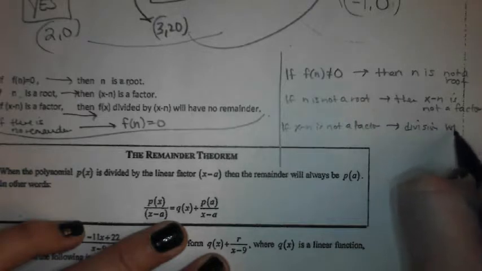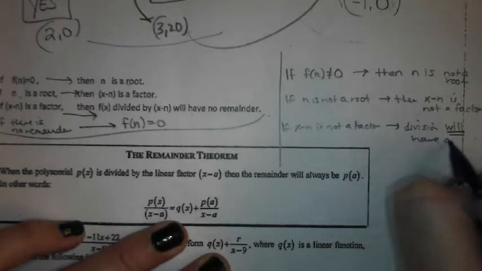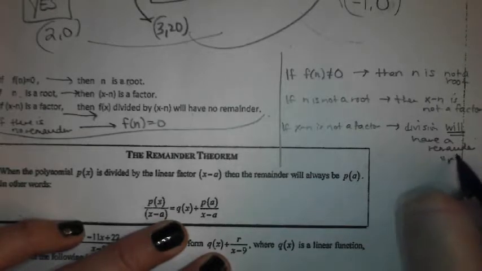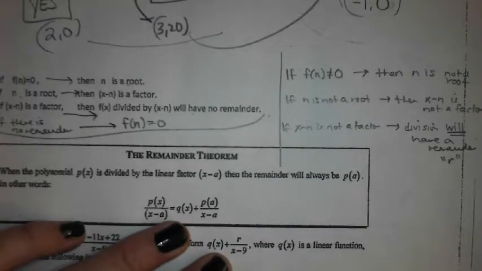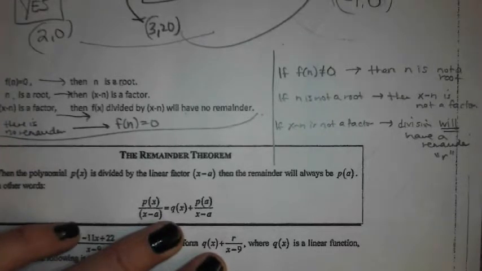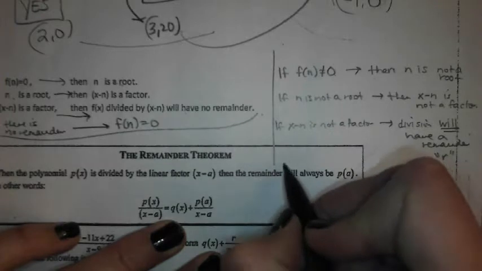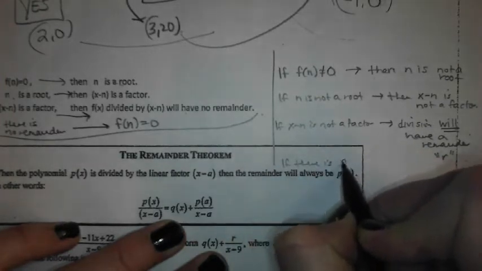Division will have a remainder. And we'll just call it R. And if it has a remainder of R, if there is a remainder,